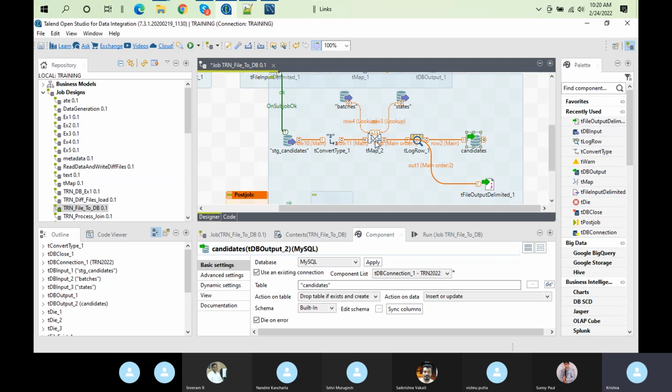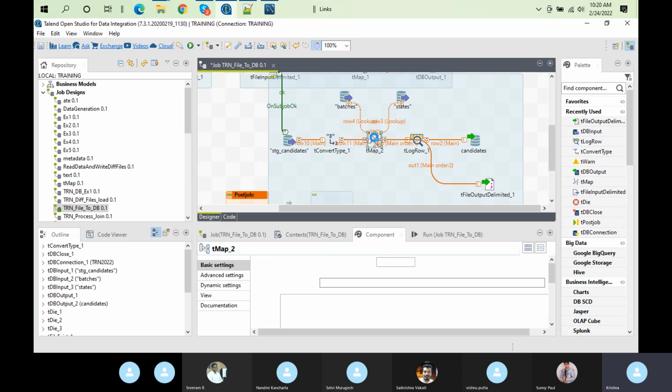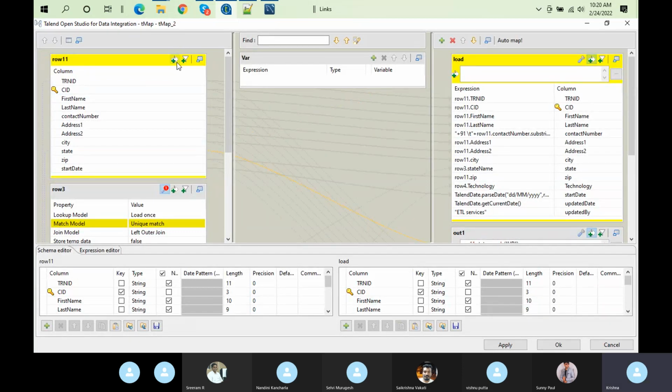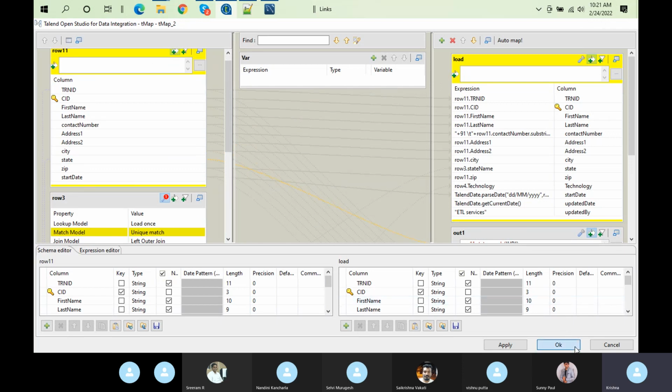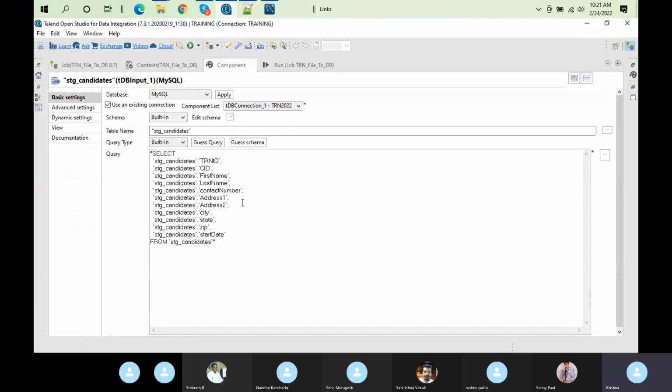Or you want to filter it at the source level. What we can do is remove this, I'm going to remove the right side, and you can filter in the source itself. And now we are not using a file system, so you can filter it in the table itself. So you no need to pull the data, where you can use where state